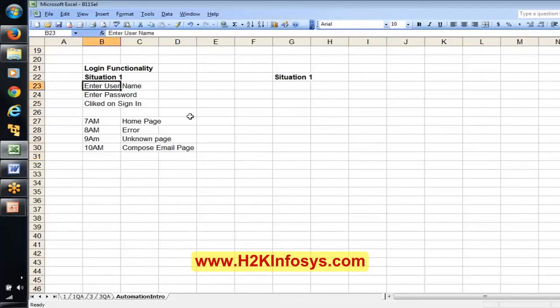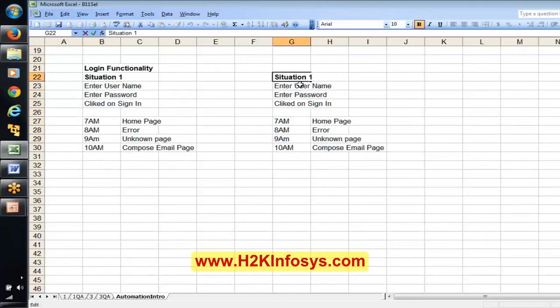Now see here, this is situation 2. Say we got an error here. For all the cases when I try here, I'm getting an error. Now can you guess what is situation 1, what is situation 2? Can you find any difference here and there? Yeah, it's very simple. Actually, this is a stable application.